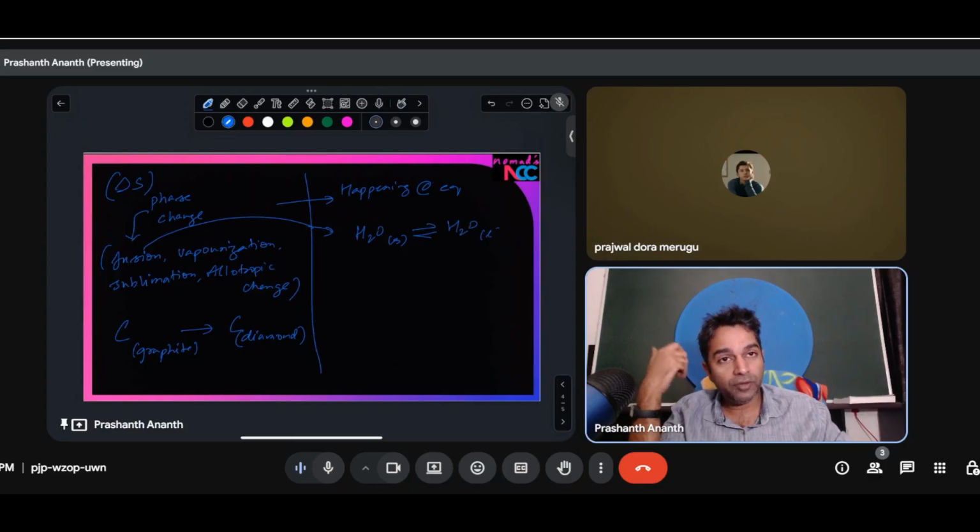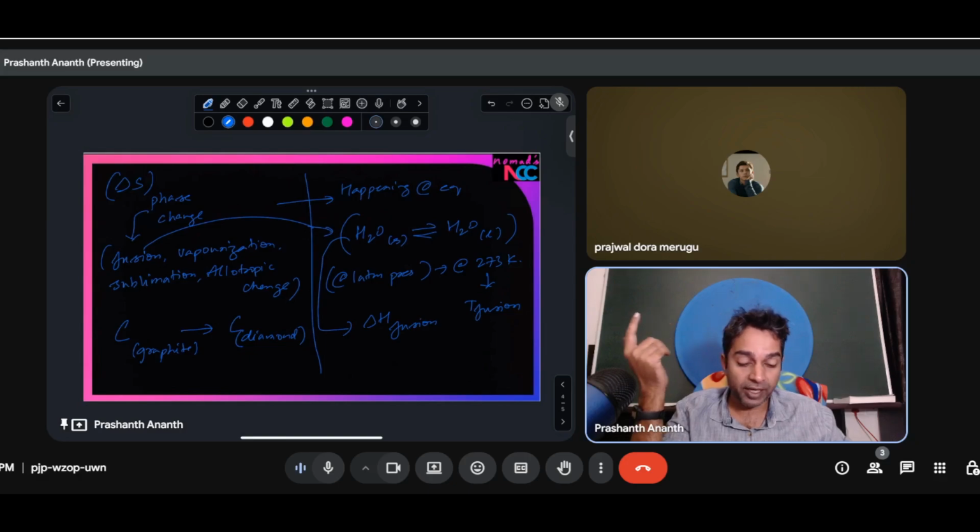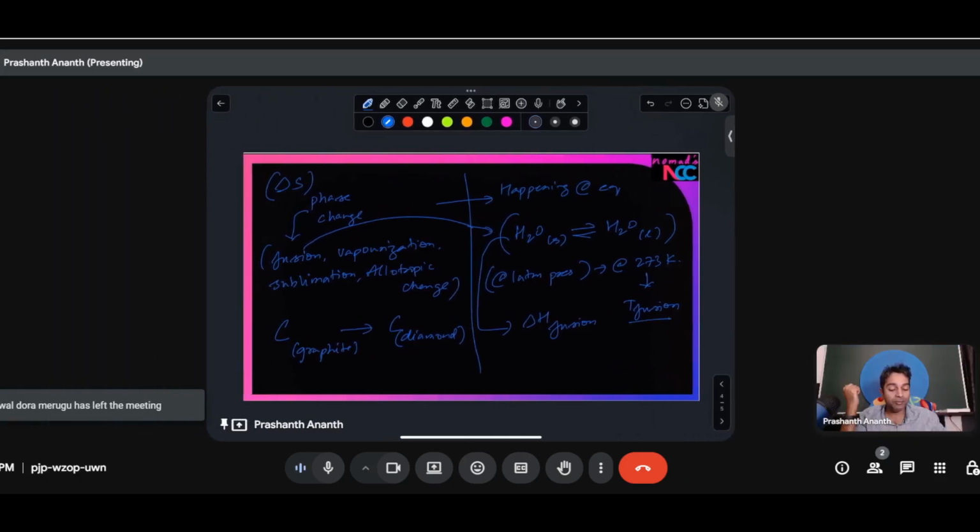For water, we all know at 1 atmosphere pressure that this happens at 0 degrees Celsius or 273 Kelvin. So temperature of fusion is known. Enthalpy of fusion we can directly calculate. If I put a not condition, it will not be correct, because in this particular case this is happening not at